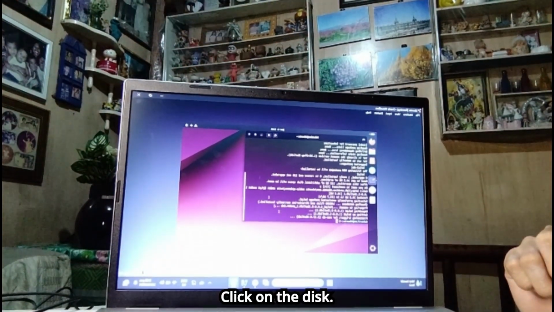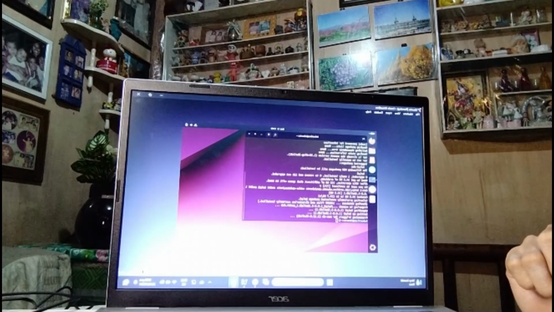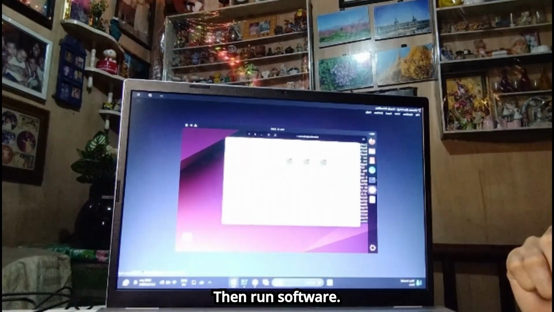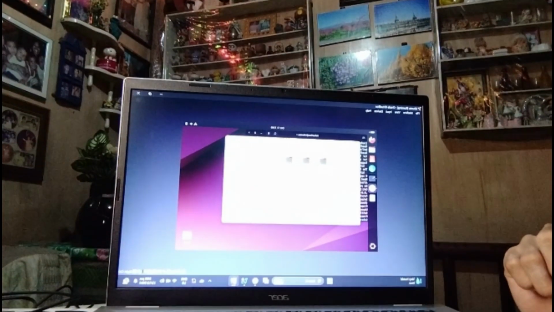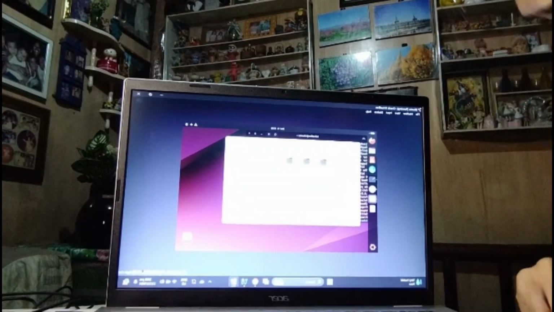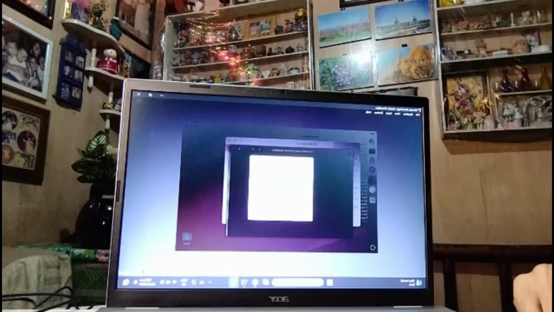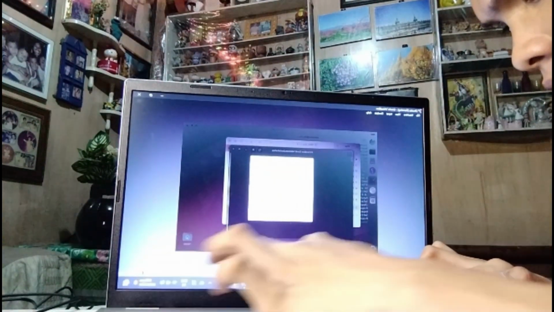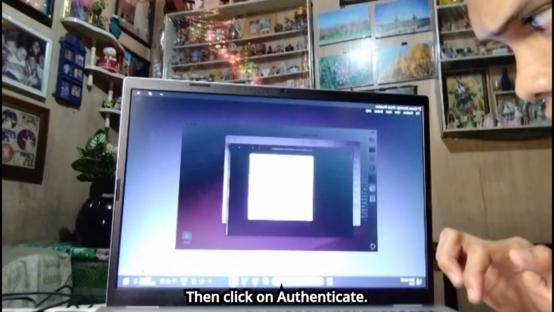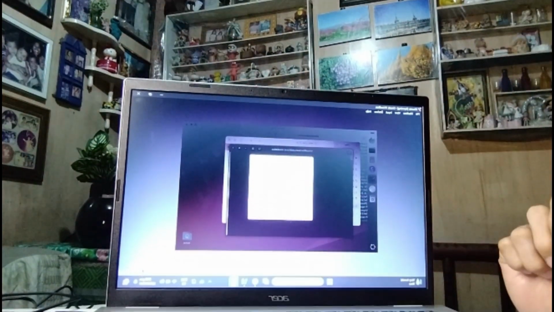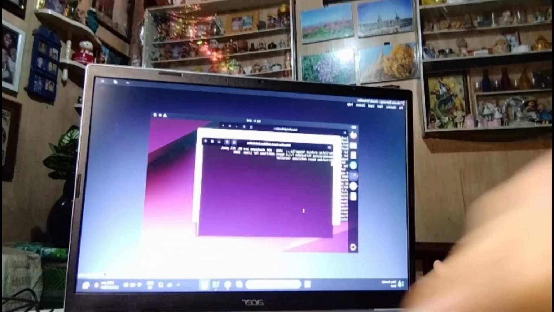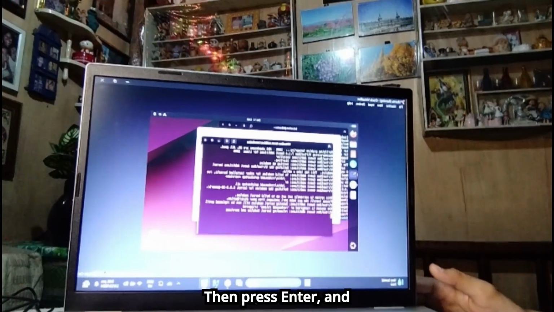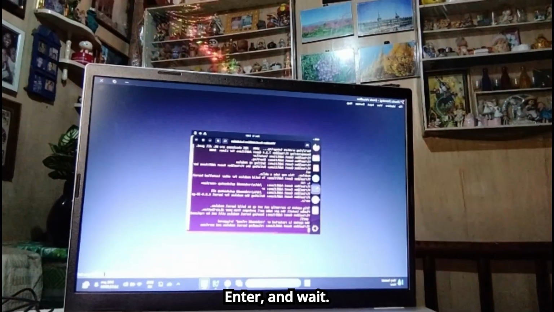Click on the disk, then run software. Enter your password, then click on authenticate, then press enter and wait.